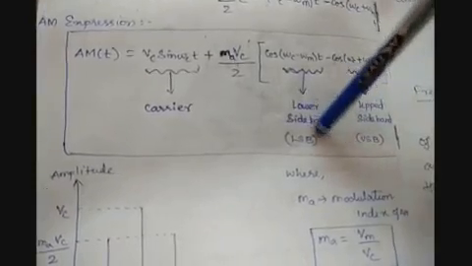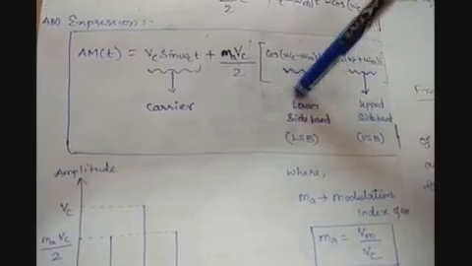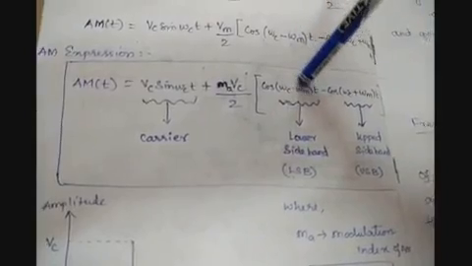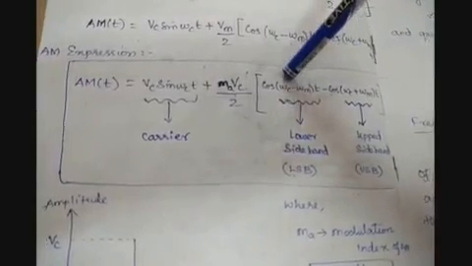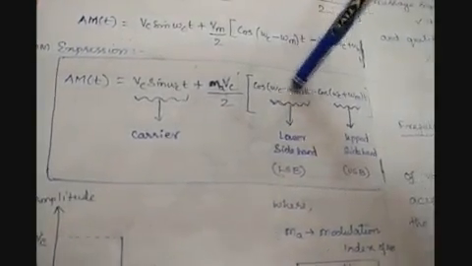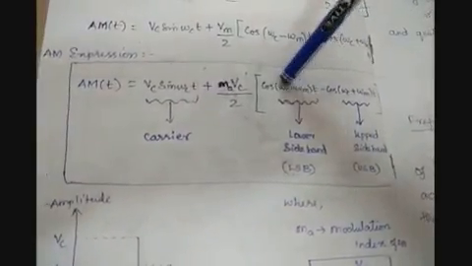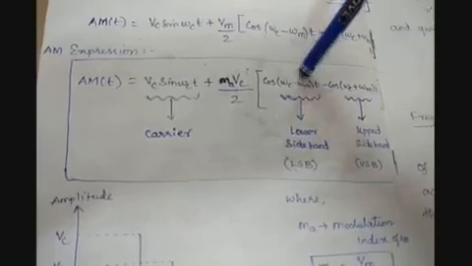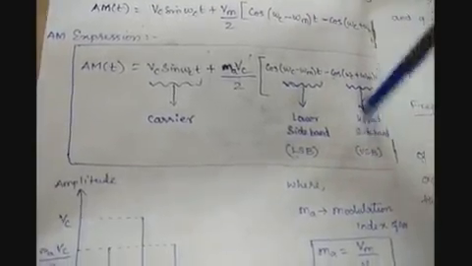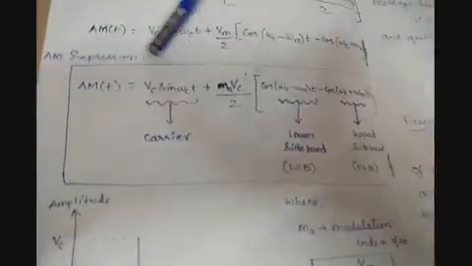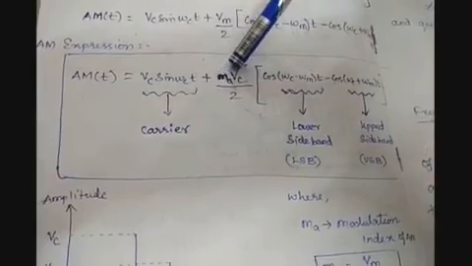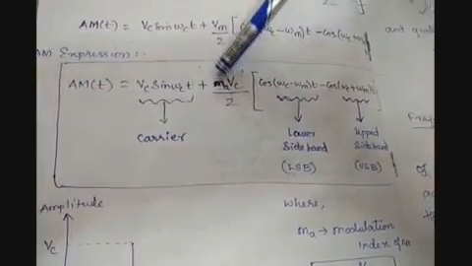Generally, band means frequency. Why are we saying lower? Omega c minus omega m. Both omega values are positive, which means omega c plus omega m is the greater value and omega c minus omega m is the lower value, right? That's why this is the lower sideband and this is the upper sideband. And this is the final AM expression we got. And here, you might have a doubt, what is this MA? We'll discuss this MA.